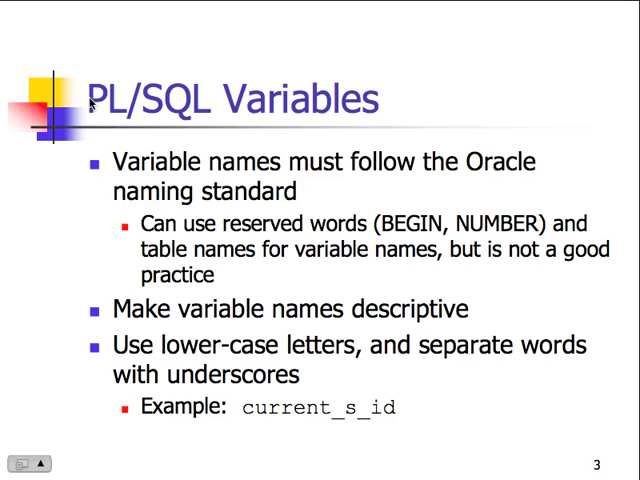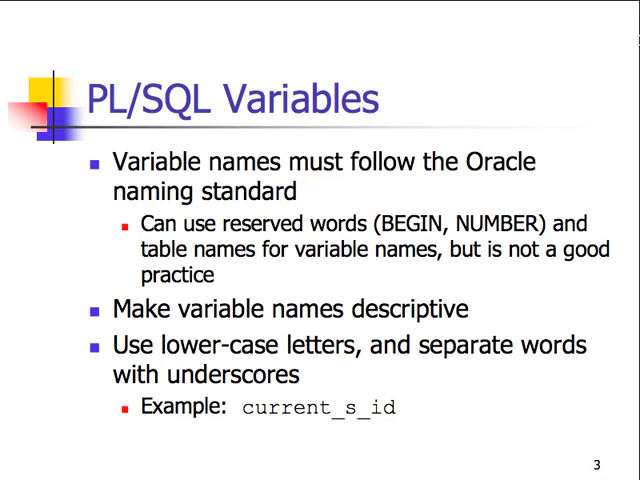Variable names have to follow the Oracle naming standard. Actually, in general, everything follows the Oracle naming standard. You can use reserved words like begin, number, and table names for variable names, but it's not a good practice to do that. Because if you start using something like varchar as the name of a character variable, it might mess up the logic somehow in your head when you're trying to fix it, why in the world did I write this way? Not a good idea, but you can,